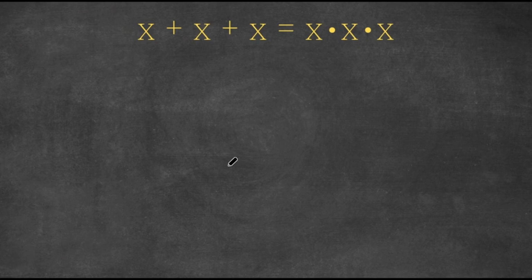In today's video, I'm going to be teaching you guys how to solve this equation. So we have x plus x plus x is equal to x times x times x. Now, what we're first going to do is we're going to simplify both sides. So let's first start by adding these three x's. X plus x, well, that's 2x, and 2x plus x is 3x. So we have 3x